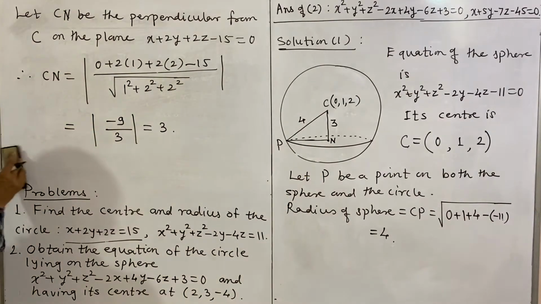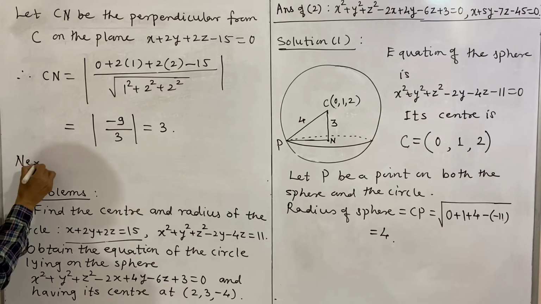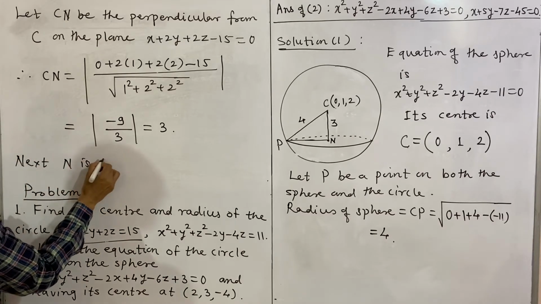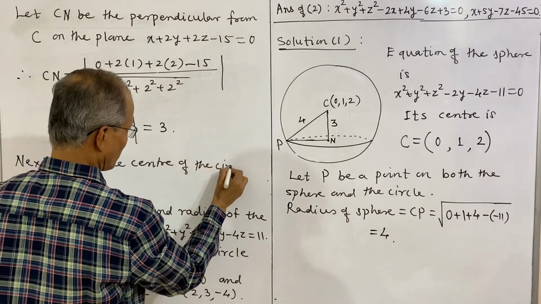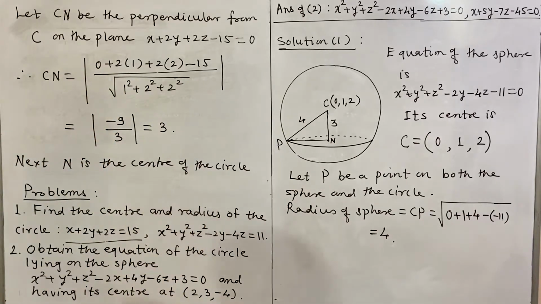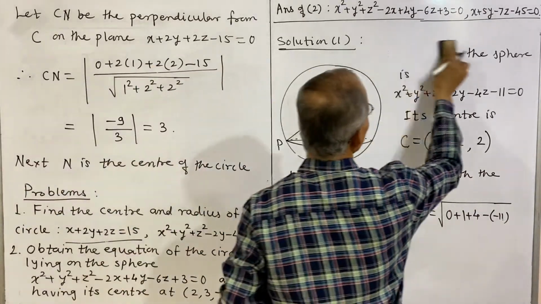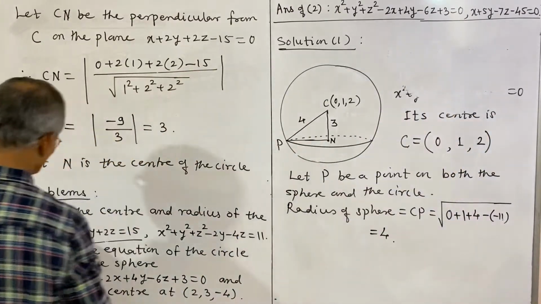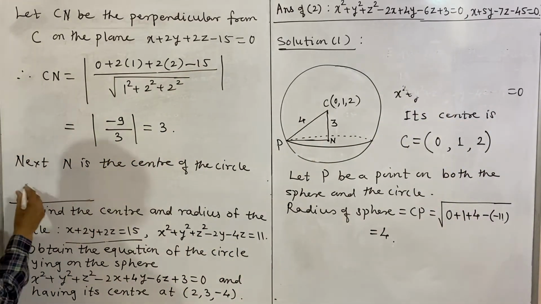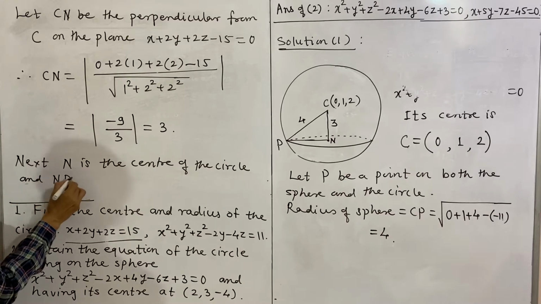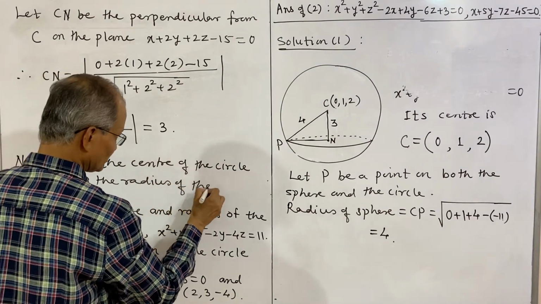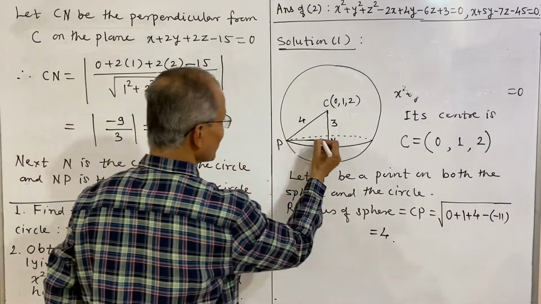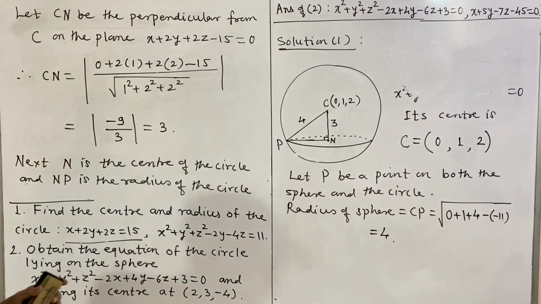Now next, n is the center of the circle, and Np is the radius of the circle, and this is perpendicular. See, and therefore by Pythagoras theorem we have Cp square is equal to